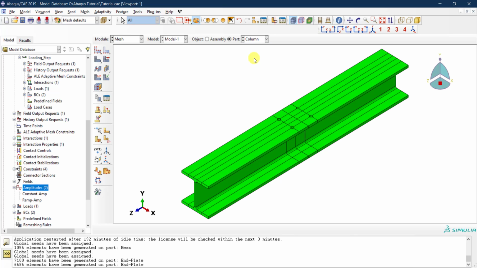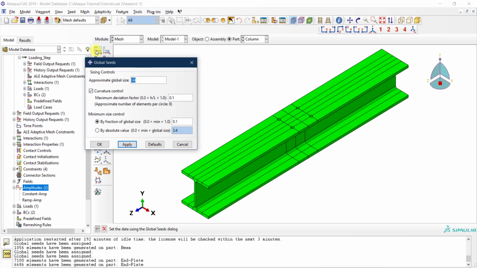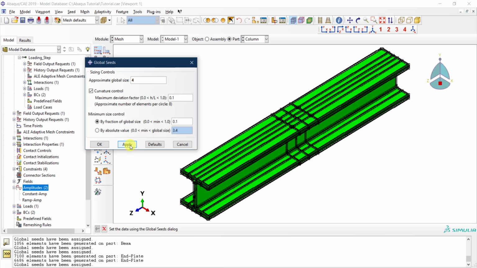The column is perhaps the most complicated part, because it has lots of curvatures because of the fillet radius and the holes that we have over here. But let's go ahead and see how the mesh will look. Let's start by doing the global seed. So what will be the global seed in this case? Again, I have the holes here, so perhaps I will go again with a 4 mm global size and I click apply. But you see now you will get too many